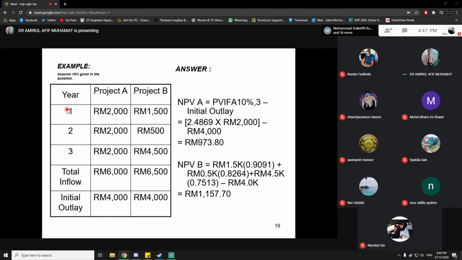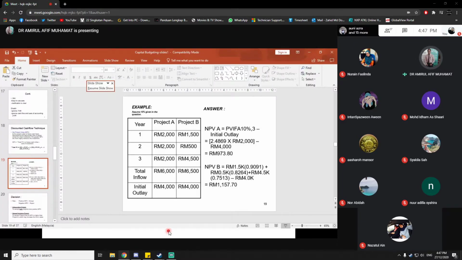For payback period, you don't take the whole period. For payback period you take the period that can cover the amount of initial outlay. That is for payback period. But for NPV, you will take the whole period. If the period is 10 years, 10 years. If the period is 20 years, 20 years. So in this case, the period is 3 years. So NPV A, PVIFA 10%, 3. So 10%, 3, if you look,